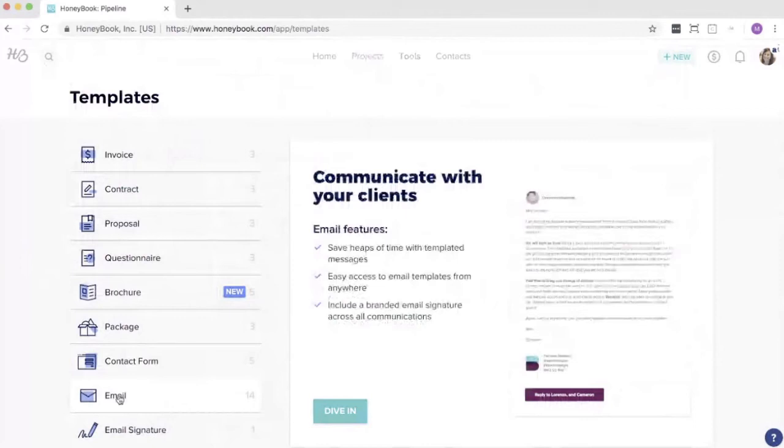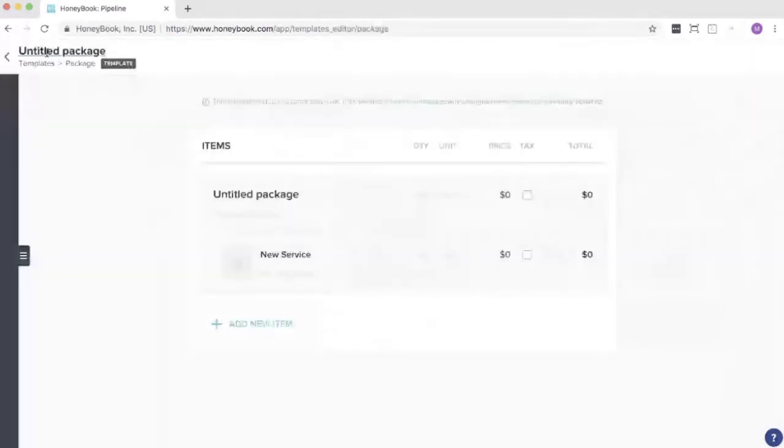All right, I want to make sure that I title my template. This applies across the board. Always make sure that you title it so you know what you're getting when you apply it to something. So I'll title that, and then this is very similar to what we saw when we were adding items to the proposal. You can edit the titles of things, you can edit the descriptions, and then if this is a package that has